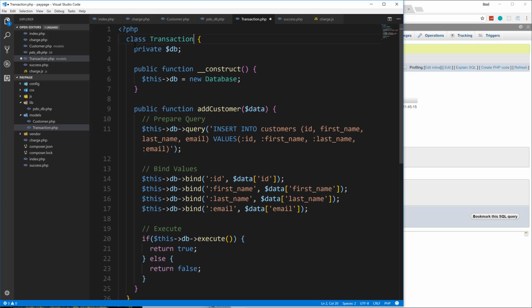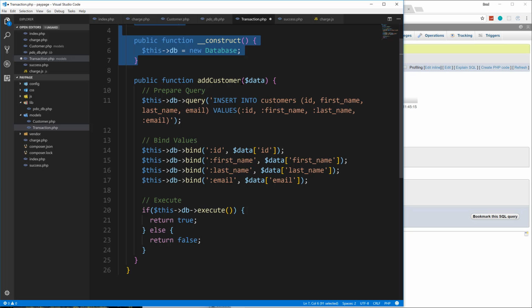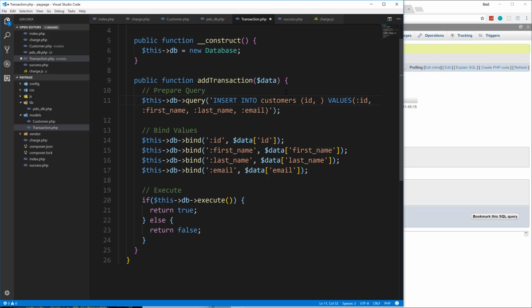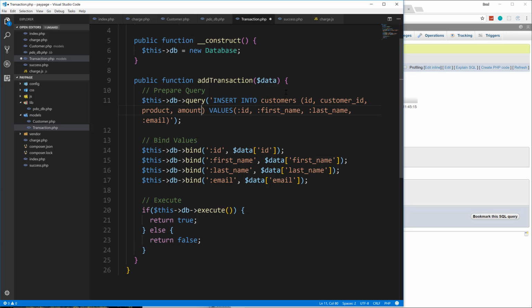And then we want this stuff because we want to access the database library. We're going to change this to add transaction. We're going to get some data passed in. And then let's change the field. So we will have an ID. We can leave that. And then we're going to have the customer ID, the product, the amount. So this is just all the stuff we added in the database: currency and status. And then for the values, we want the same stuff,